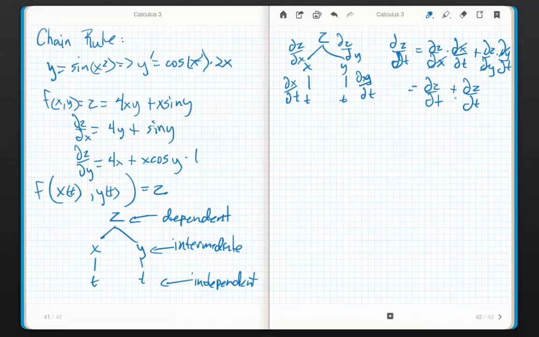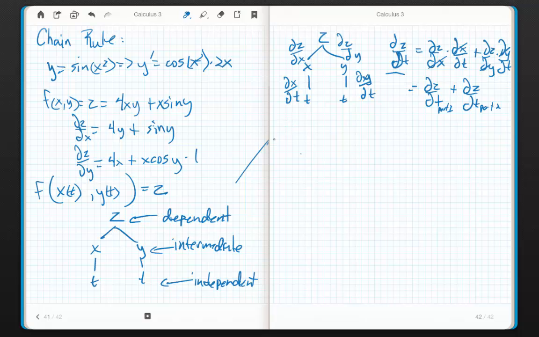Now, you may say, wait a sec, isn't that 2 dz over dt? No. Remember, these are partials. These guys are going to be partials. So if I add up, I should do this as like part 1 and part 2. If I add the two parts together, I get this guy. Super simple, right? Now, it kind of begs the question, like, why do we have to do this intermediate stage,